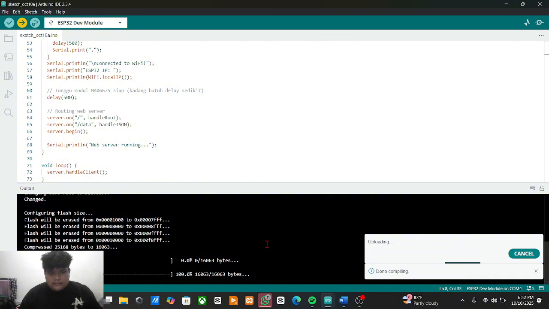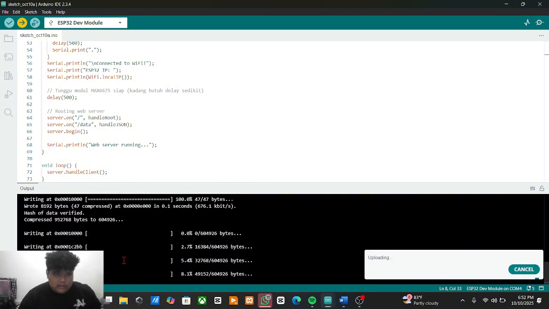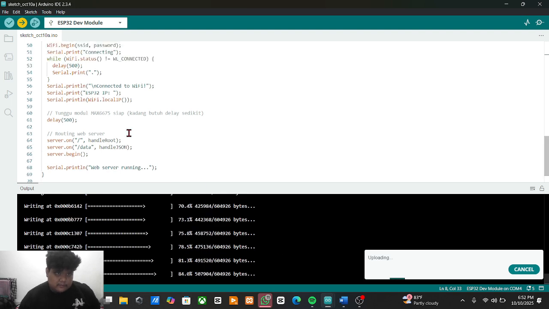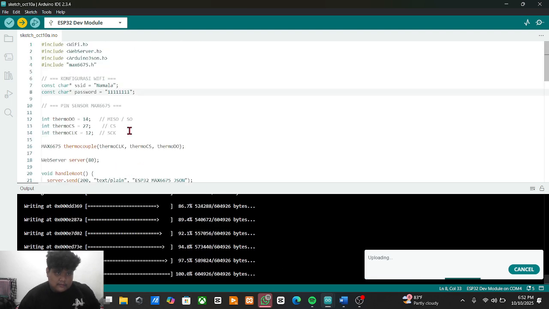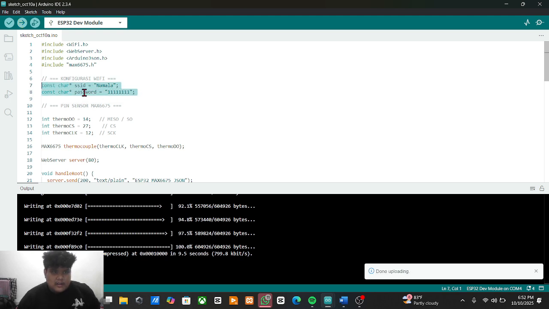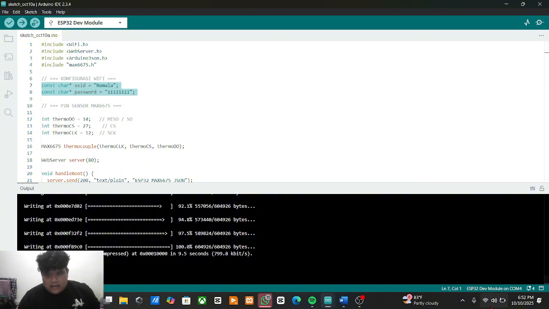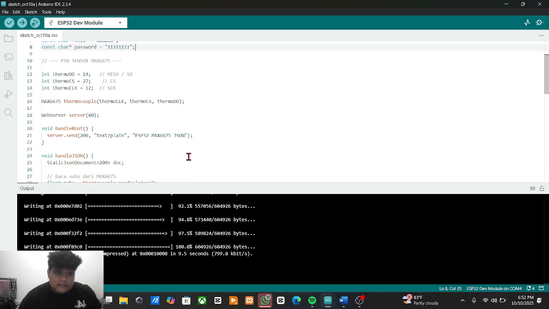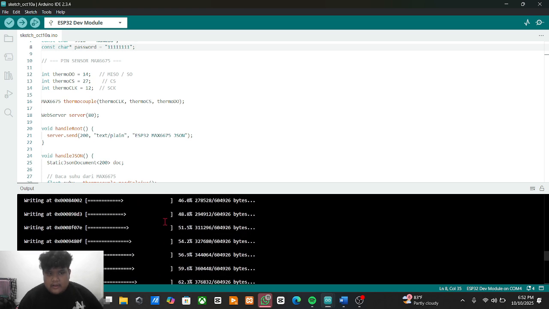Okay, now the program will update to the device. Here, make sure the SSID and password are connected to your device, like here, the phone device only.